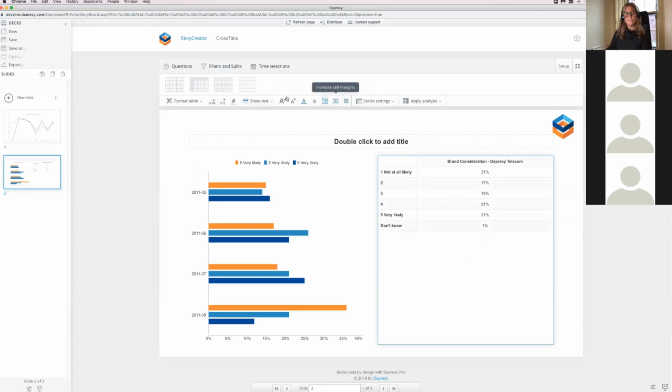So along with those commonly used called out settings here, you see that we have this format table drop down. This format table drop down is available for both charts and tables. And this is where you can really customize the look and feel of your object. So whether that's changing the colors, the fonts, etc., you can access those settings here and you can really further